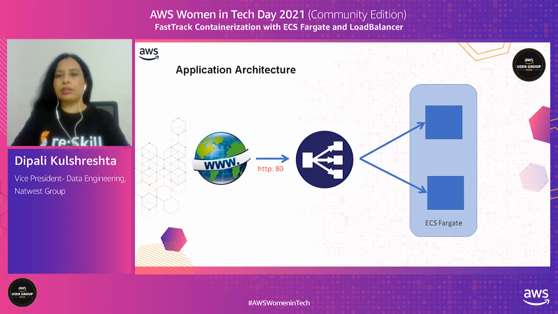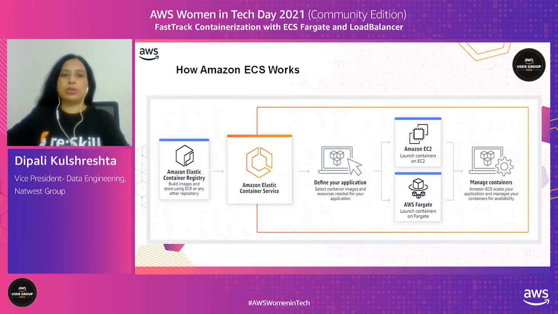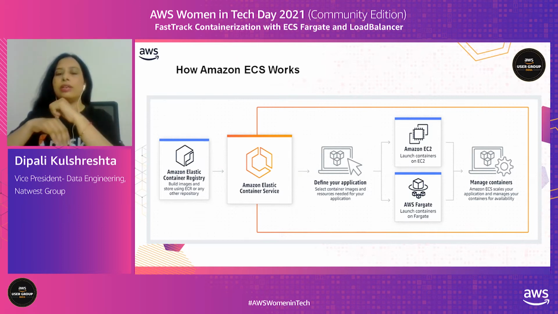Before we start building this architecture, let's quickly understand how Amazon ECS works. In Amazon ECS, first of all, we need to create an ECS cluster, where you will get all the required things for your ECS application. When we create a cluster, it means we are simply defining, simply procuring the infrastructure for our application. Once we have the infrastructure ready, the next step is to actually define your application. To define your application, you will use task definitions in ECS.